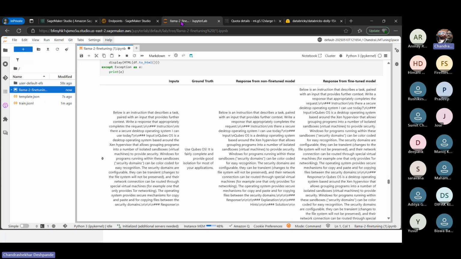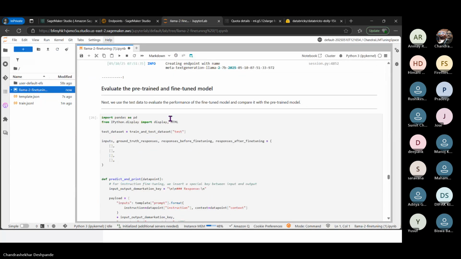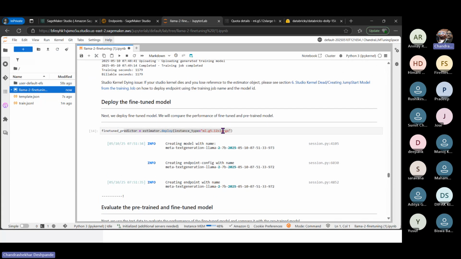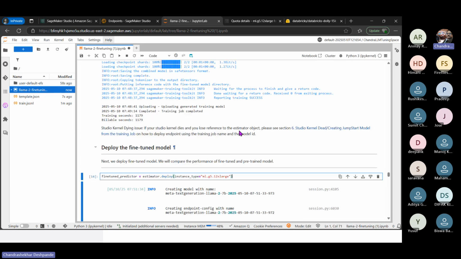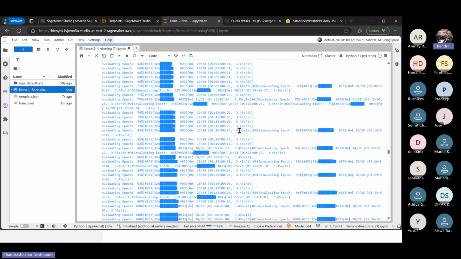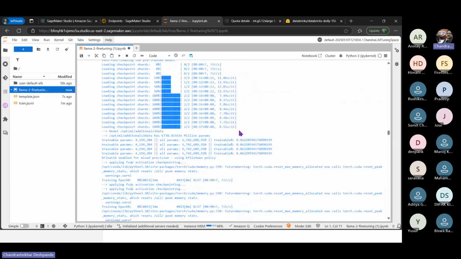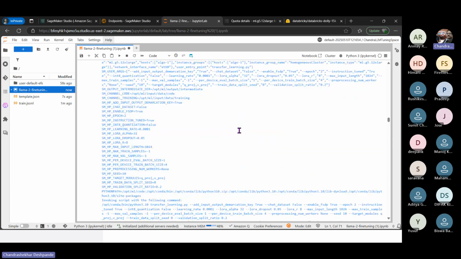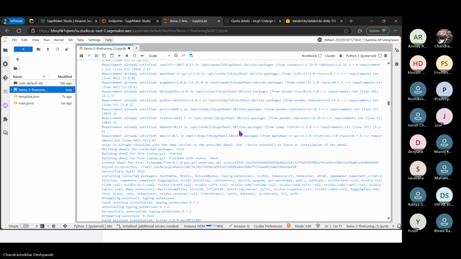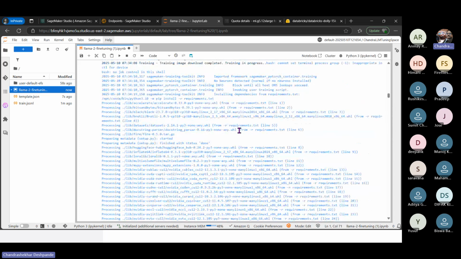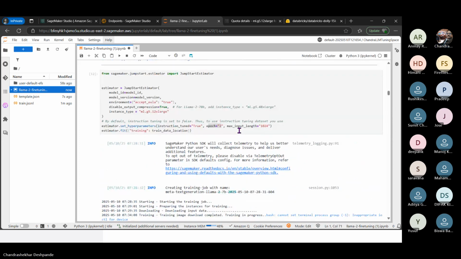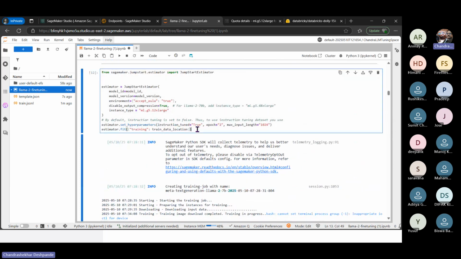Okay, API is extremely simple here. See, this is a statement to do the deployment. This is a statement to train the model, to start training of the model. So API is extremely simple. The only thing is that it needs